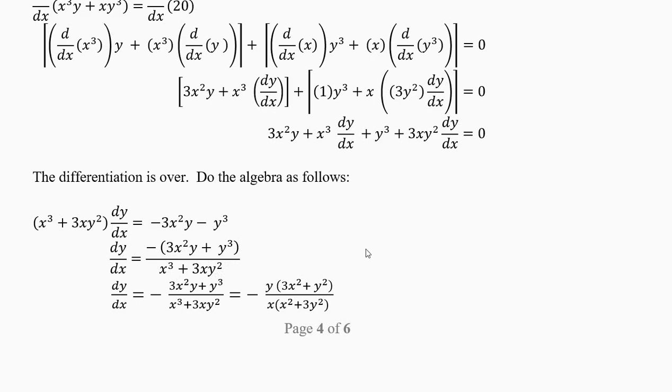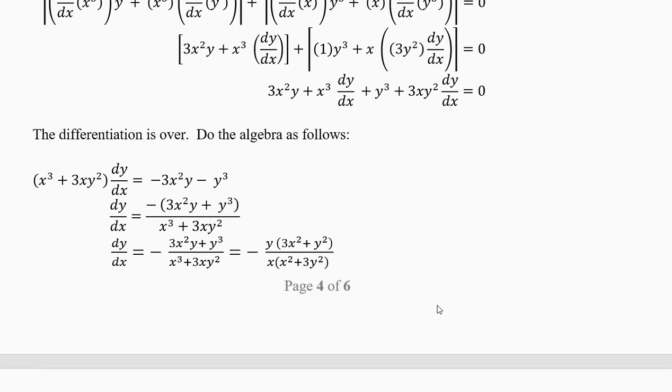Now remove the bracket. Now here you can do some simplification. One thing is remove the minus from the numerator and put it here. Now here you can take y common, you will get y common 3x square plus y square in the bracket. Take x common, you will get x into x square plus 3y square. Both of them are different, nothing is going to cancel, but things look nice after the simple factorization. Nothing more can be done on this.